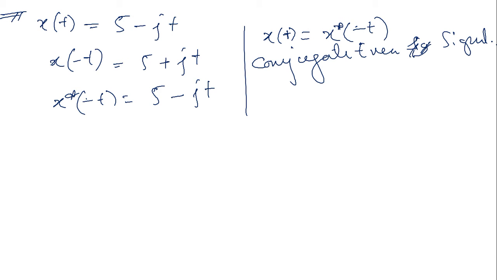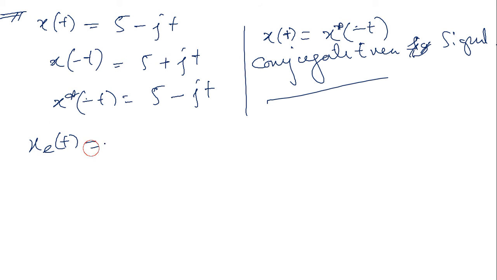So for a conjugate even signal, if you want to estimate the even part and odd part, an even signal should have only the even part, and the odd part should be 0. If I don't know whether the signal is even or odd, and I guess it is neither even nor odd, I am going to estimate the even part as well as the odd part of the signal. Instead of that, I can directly calculate the even part or odd part of the signal. You can check another problem also.